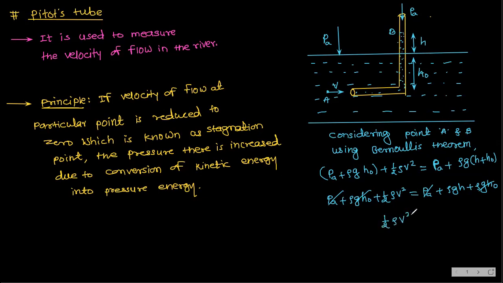Half rho v square is equal to rho g H. This rho and this rho will get cancelled, and then v square is equal to 2gH. And if you want to find river velocity, this is equivalent to root 2gH, where H is the height raised in the Pitot tube